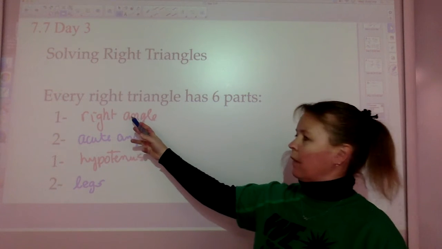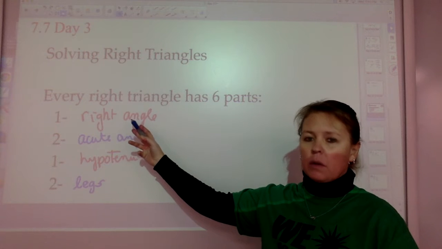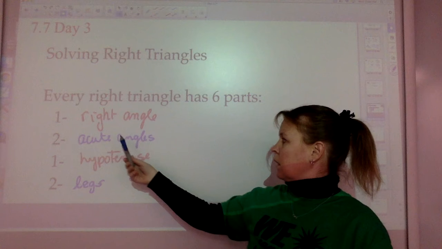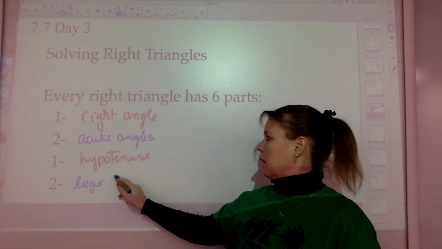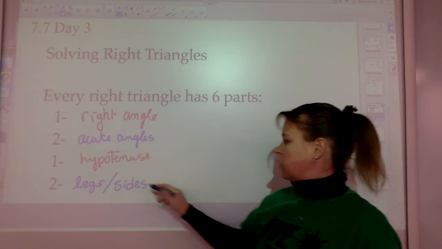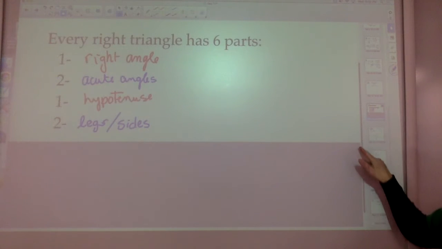We'll always be given that it's a right angle. So we know that every single time. It's a matter of the other 5 parts. Can we find the other 2 acute angles, the hypotenuse, the legs, or the sides of the triangle? To solve a right triangle,